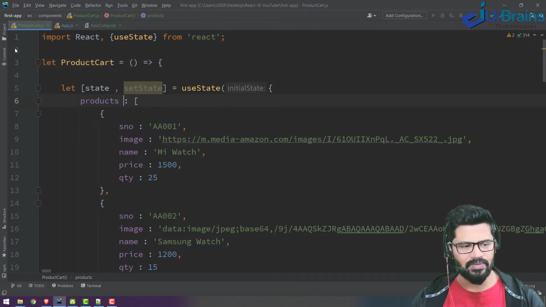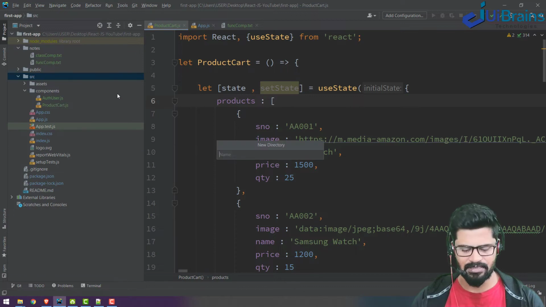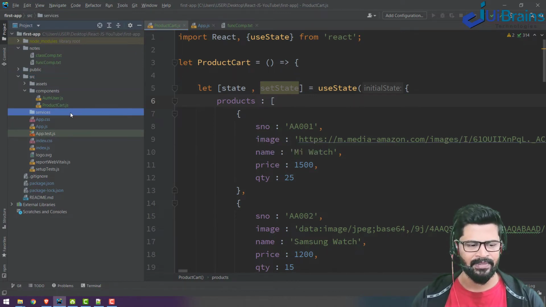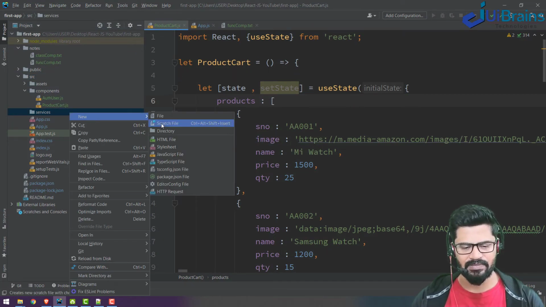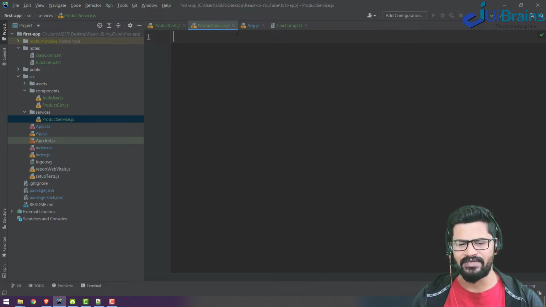So I create a service. I go to another folder, let's say services, and in this I create one JavaScript file, product service. It's a normal, regular JavaScript file, no JSX.